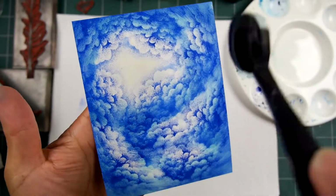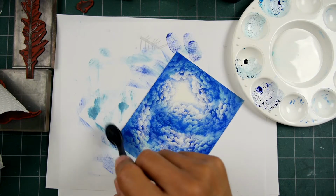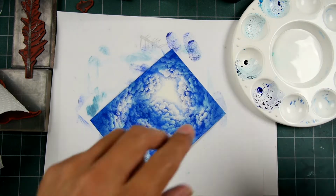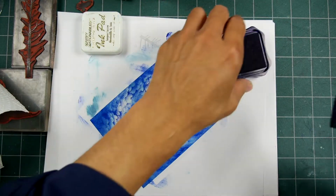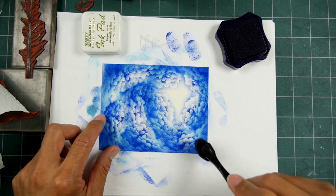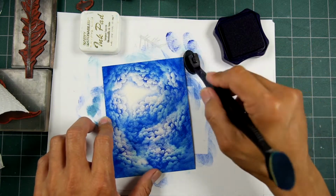So I'm kind of always doing it in that spirit right there. Okay, maybe make the perimeter a little bit darker, and that's one of the things that I was kind of wishing that I did a little bit more of previously. Okay, now this is going back into that Prussian blue. This is the original blue that I stamped my clouds in. I like to make my perimeters a little bit darker